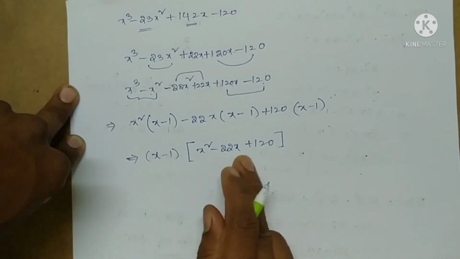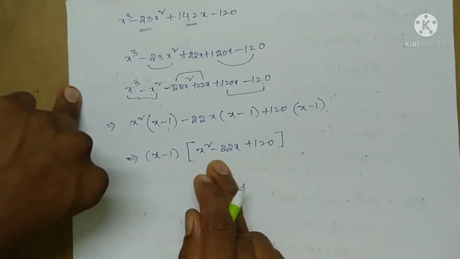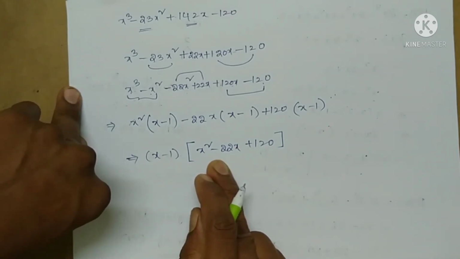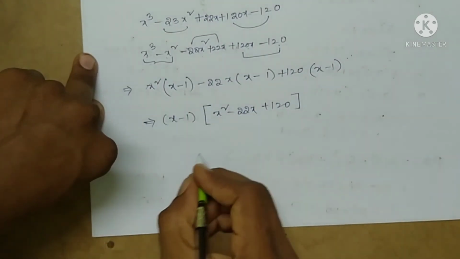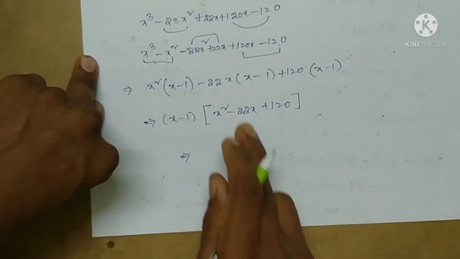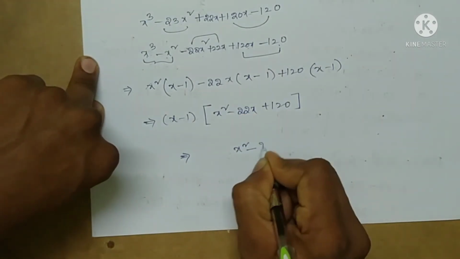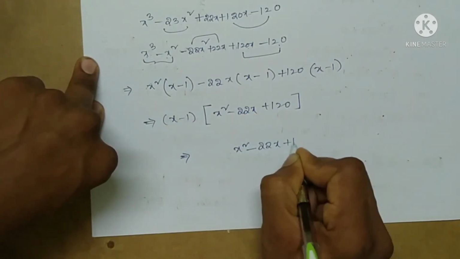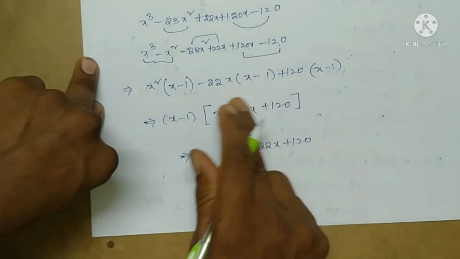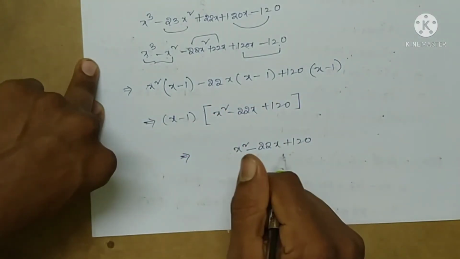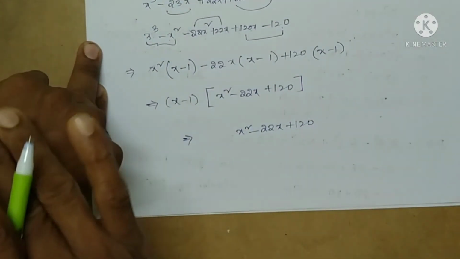This is a quadratic equation. So let us factorize this quadratic equation by using the middle term splitting method. So x square minus 22x plus 120. We have to factorize this quadratic separately. So that is equal to,